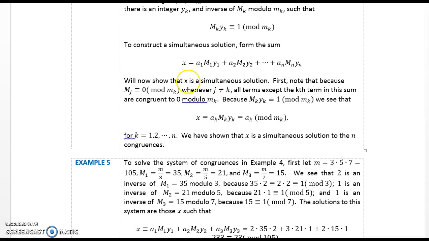We will now show that x is a simultaneous solution. First, note that because big M sub j is congruent to 0 mod little m sub k whenever j is not equal to k, all terms except for the kth term in this sum are congruent to 0 modulo m sub k. Because big M sub k y sub k is congruent to 1 modulo little m sub k, we see that x is congruent to a sub k modulo little m sub k for k equal 1 to n. We have shown that x is a simultaneous solution to the n congruences. Let's stop there and begin